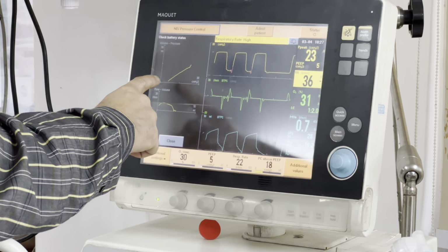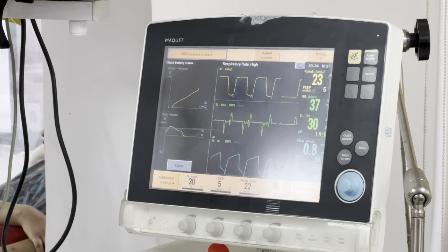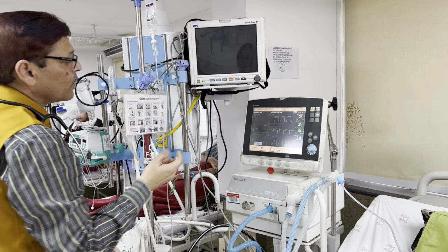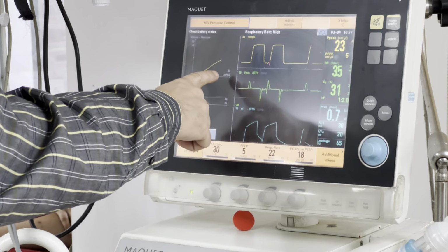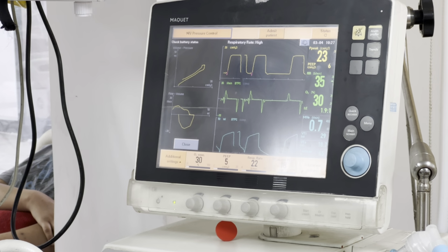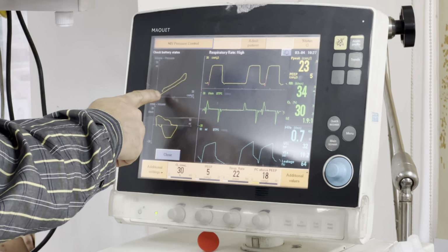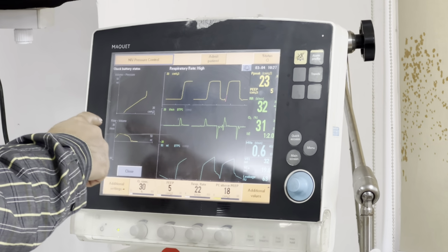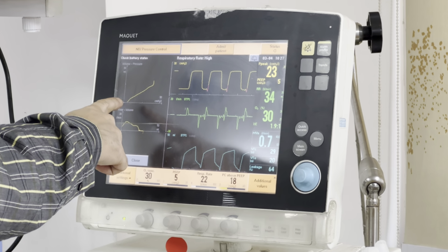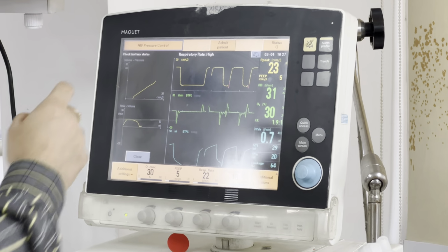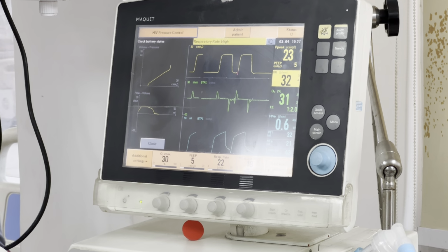If there is rigidity of the lung, like a low compliance lung, like in pneumonia as a simple example, this lower inflection point will shift to the right side. Reverse is the case with a more compliant lung, like asthma. When there is a more compliant lung, this lower inflection point should shift to the left side. So it is PEEP, the lower inflection point. If it is shifting right, we have to increase the PEEP. If it is shifting left, we have to decrease the PEEP.